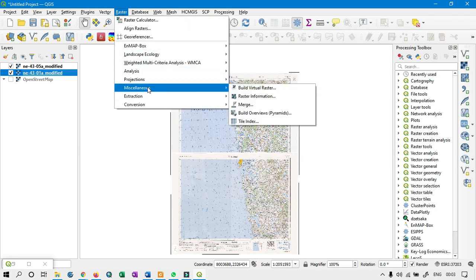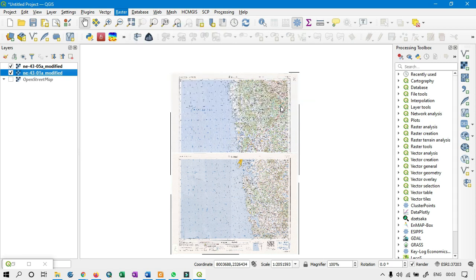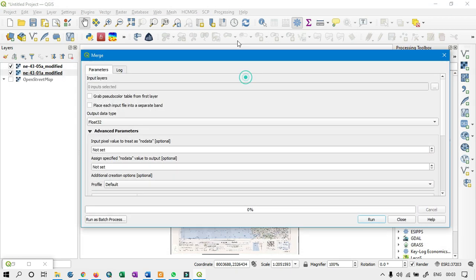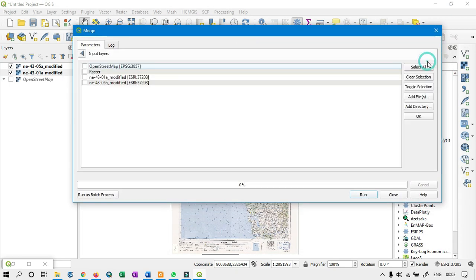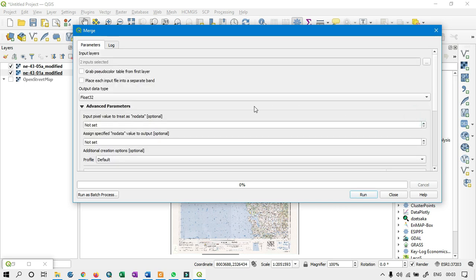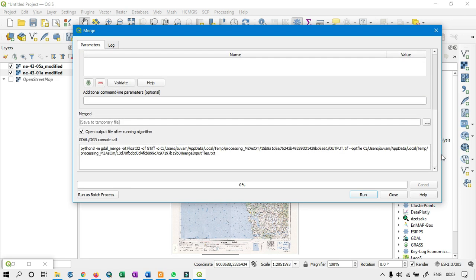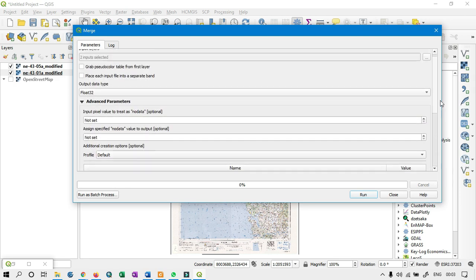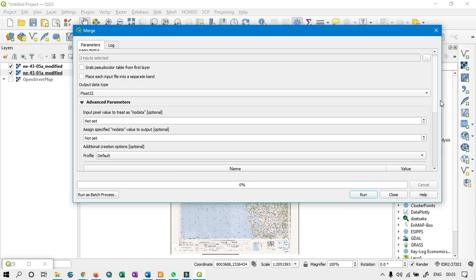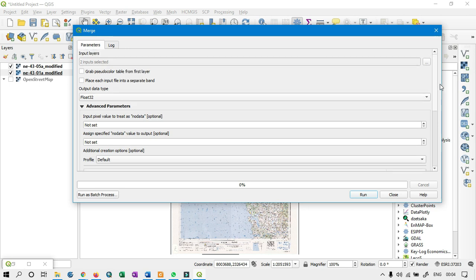From here you have to go to Raster, Miscellaneous, and then you will see the Merge option. Click Merge, and in this merge option you have to select the layers which we are going to merge. The rest of the fields will be kept as default.